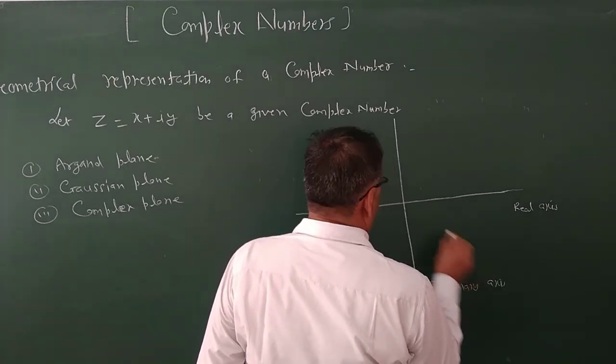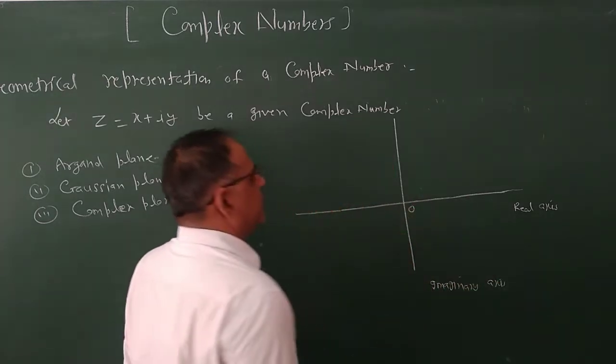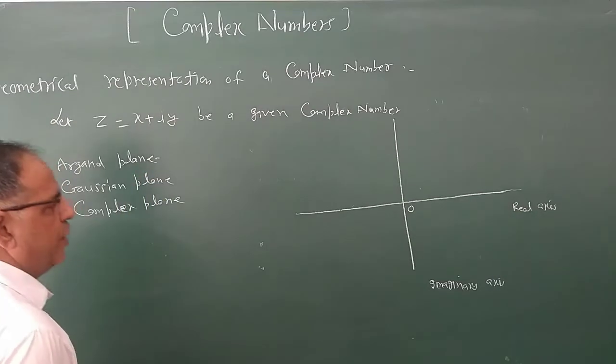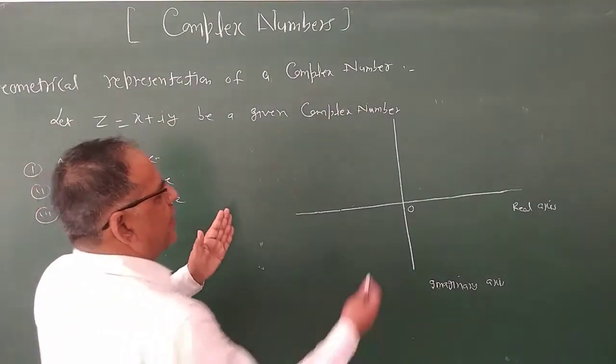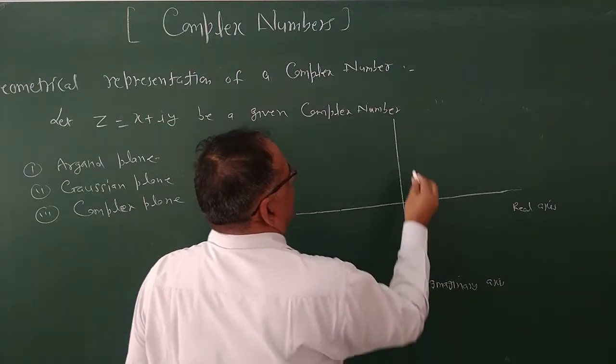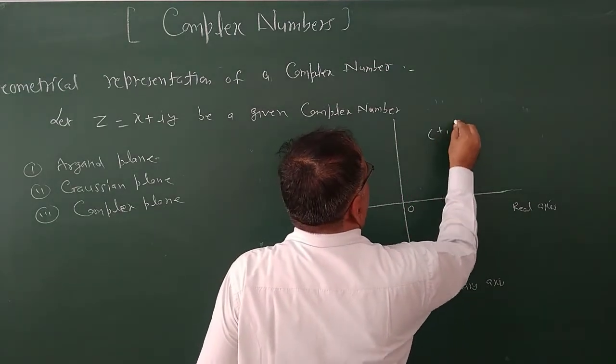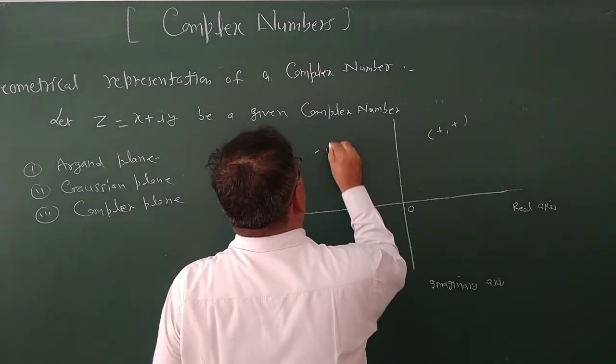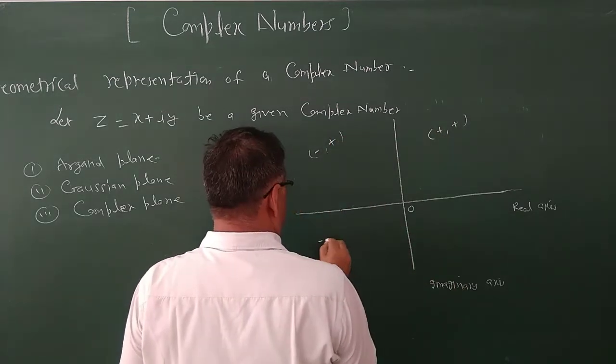The point of intersection is again known as the origin. Here there are four quadrants: first, second, third, and fourth. Here plus plus, here minus plus, minus minus,